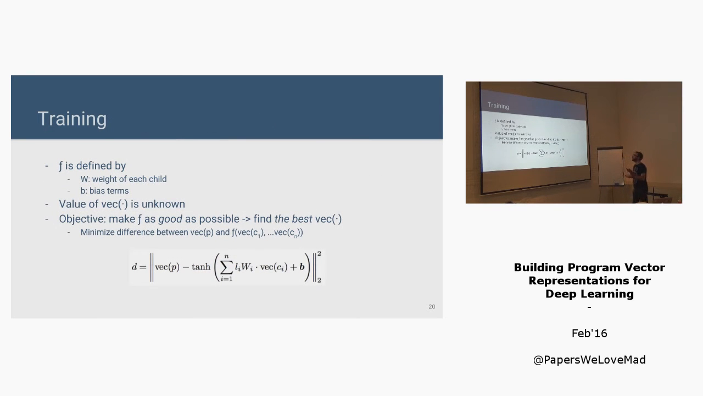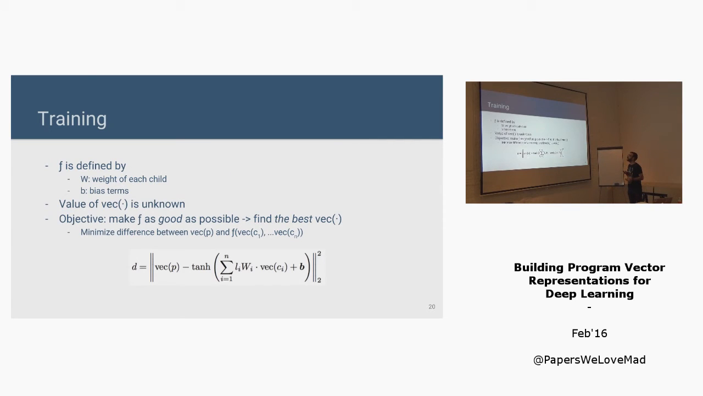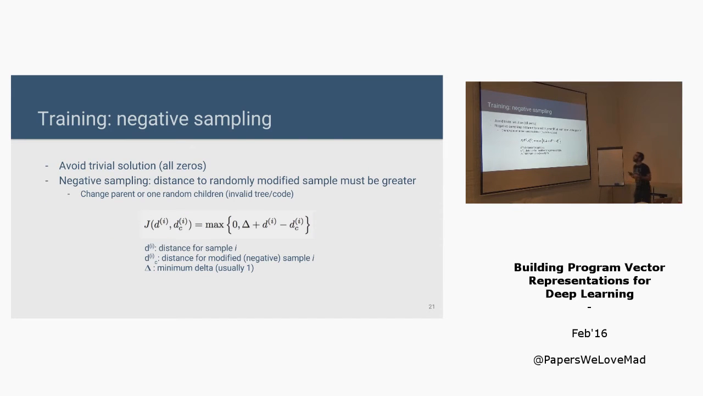Okay, but this thing has a maybe not so subtle problem, and it has a trivial solution. I just write 0, 0, 0, 0, 0, the distance is minimum, okay, we're done. Of course, that's not what we want, because it's not very useful. So what do we do? We do what is called negative sampling. It has a weird name, but in the end it's just: I have this sample of this node with its children, let's replace either the root node or one of its children by some random thing, and